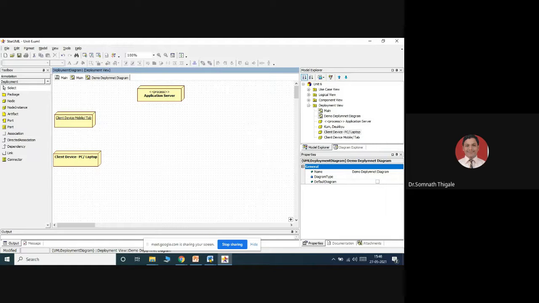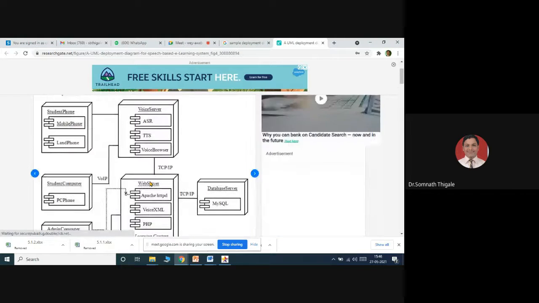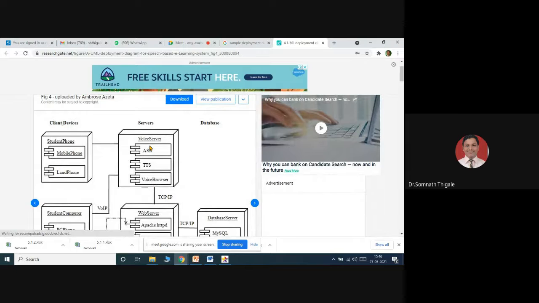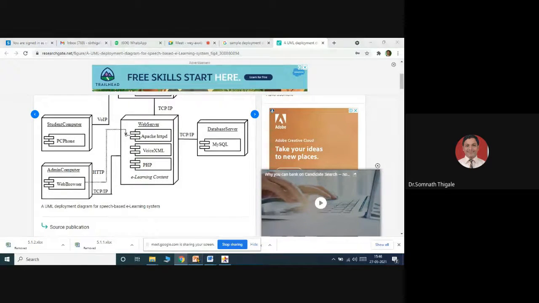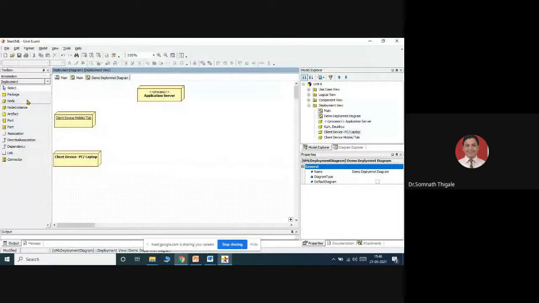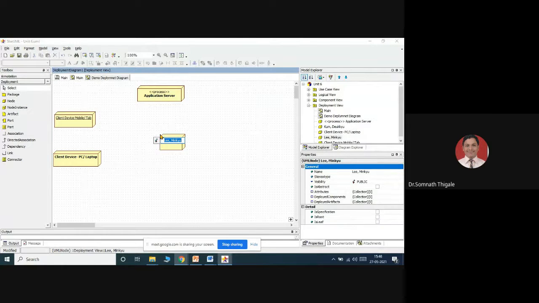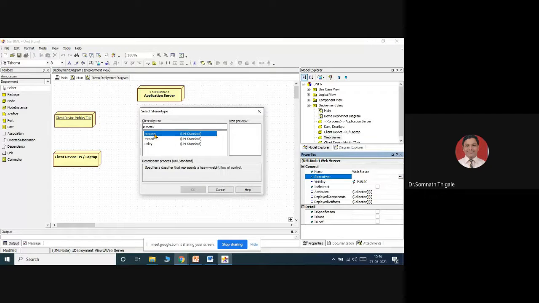The simple nodes will interact with the scenarios. Then the student computer will use servers. So I have put in the application server. Along with the application server, we need a web server. To support the web services, we will take the help of a web server. So I'll add one more node over here, a node I'm calling a web server. This is again a type of stereotype that performs processes, so I'll consider this as a process.